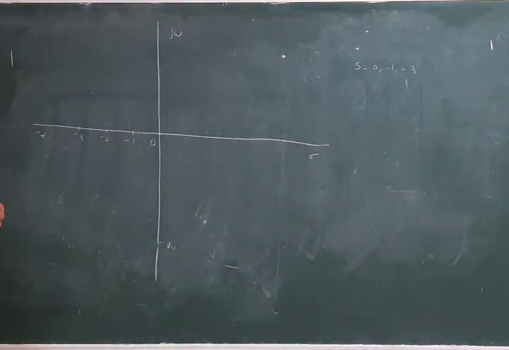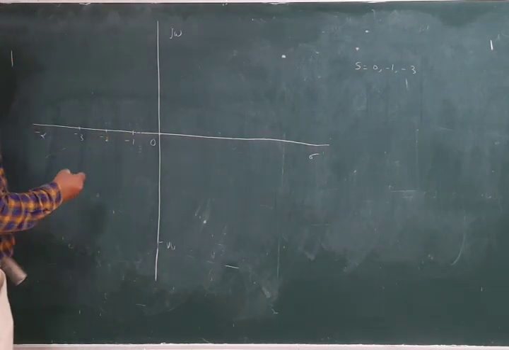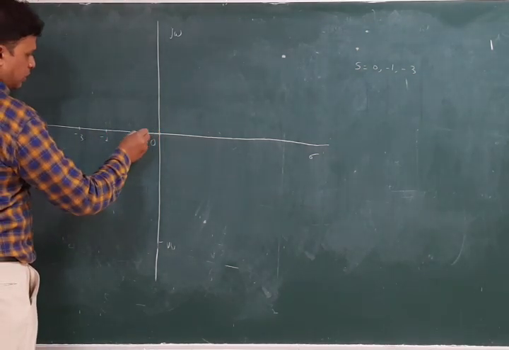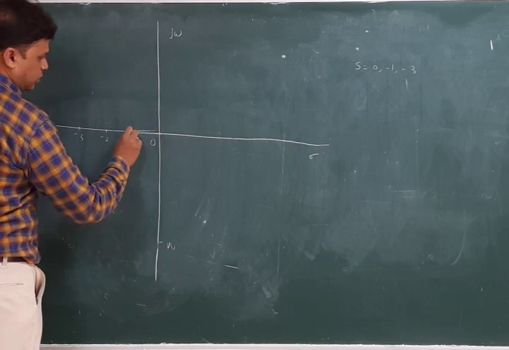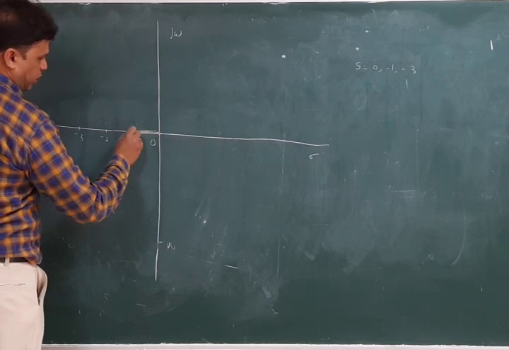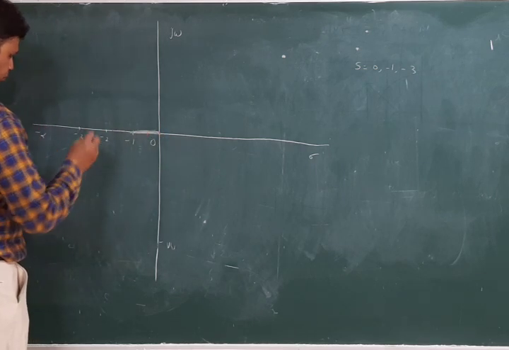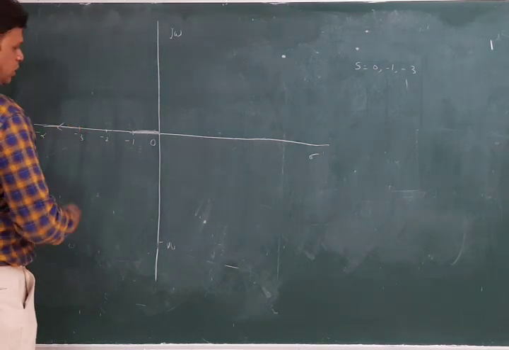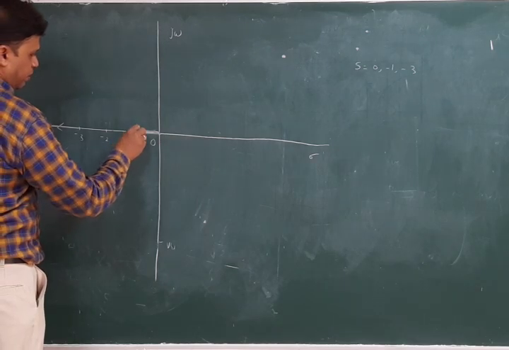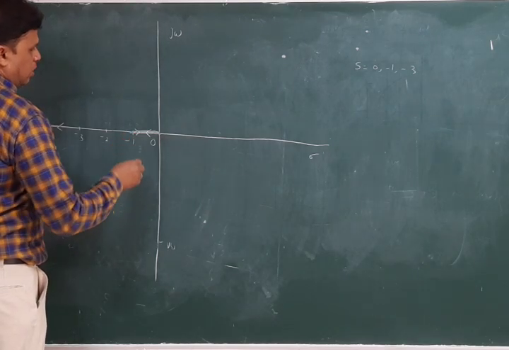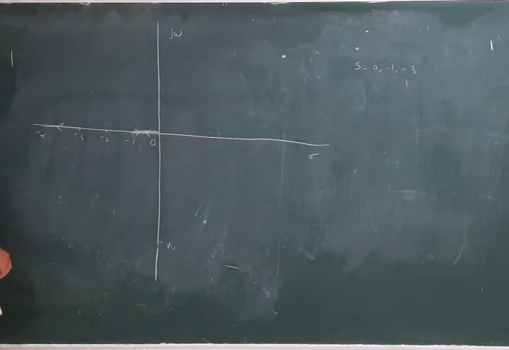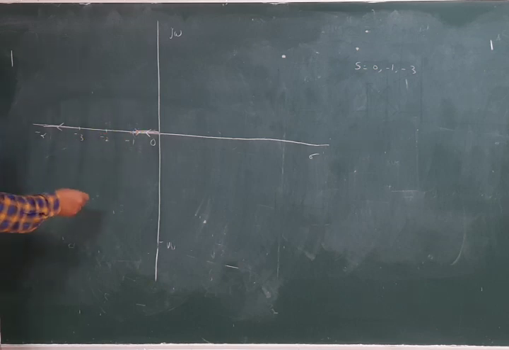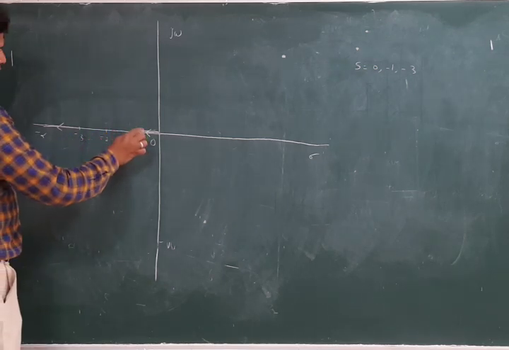Here we will find out the root locus first. First we will draw the root locus from 0 to minus 1. This is the root locus from 0 to minus 1. I am thickening this one. Another root locus is from minus 3 to minus infinity. Now 0 to minus 1, they are meeting each other like this. So there are 3 branches here. 0 to minus 1 and minus 1 to 0, they are moving toward each other like this.